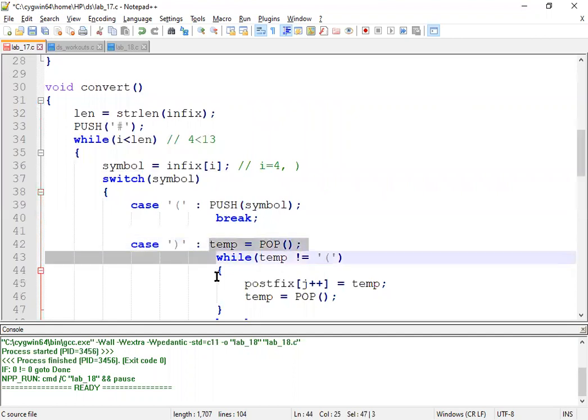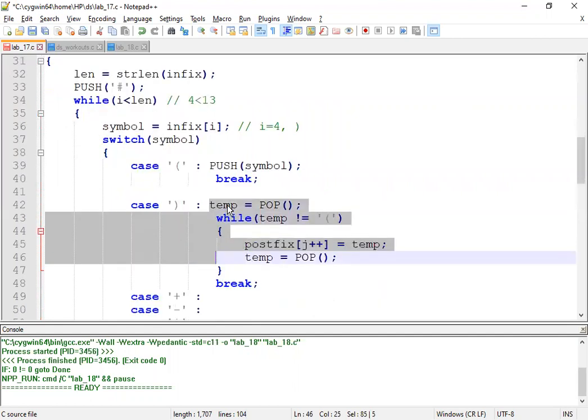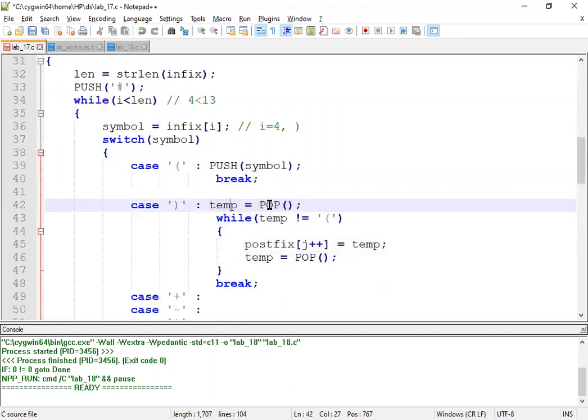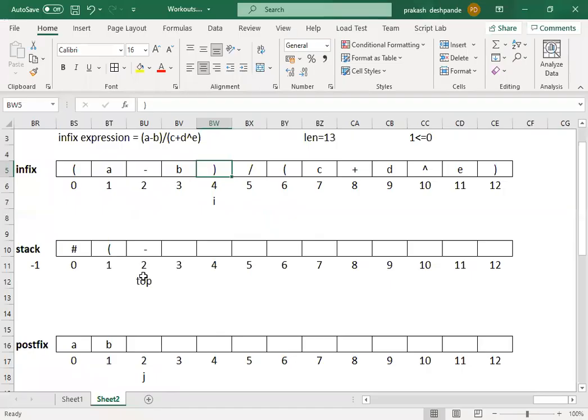So here, these are the statements. Okay. Now, the first statement is what? Pop. That is, call the pop function. We know that pop function means what? The top of the stack has to be removed. We need to remove that element and decrement the top pointer. Okay, now, so here on the top of the stack, what we have is the minus symbol. So this minus has to be taken out. So where has this minus to be placed?